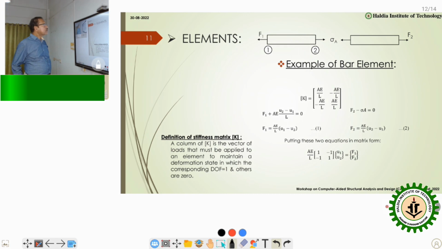Now, there are various types of elements. As we have told here, this is the method by which we can write the stiffness matrix for a bar element. So next we can go to